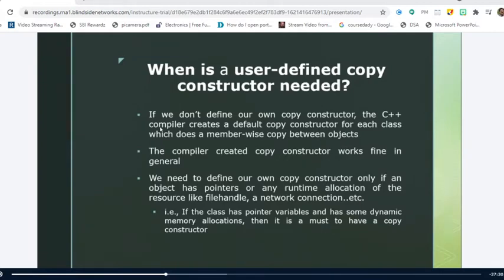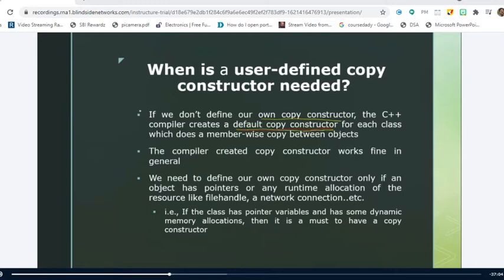In the similar way, when the user forgets to create his own copy constructor, then the C++ compiler creates a default copy constructor. This is very important.